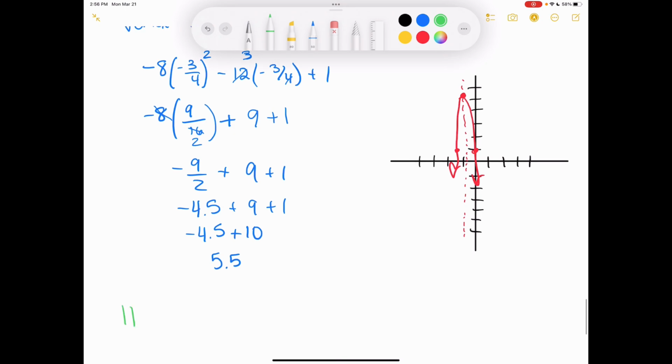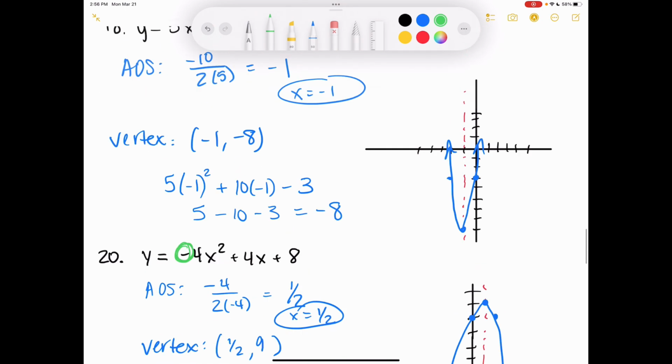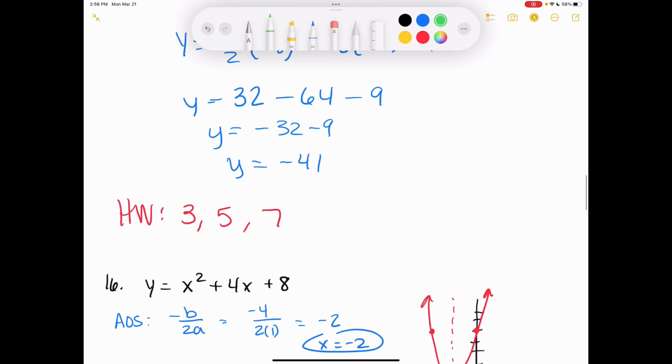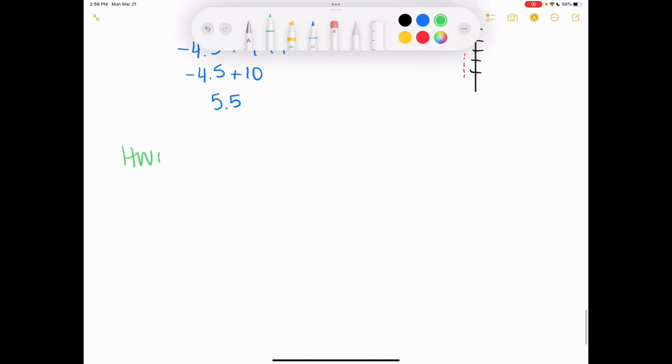All right, so the problems, I think I gave you a few on Friday: 3, 5, and 7. So I'm going to add on to that